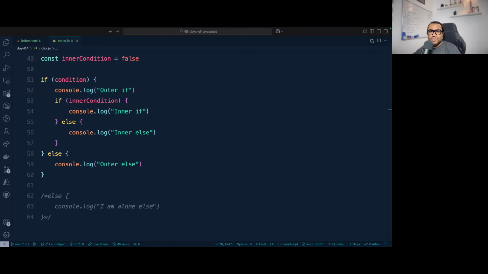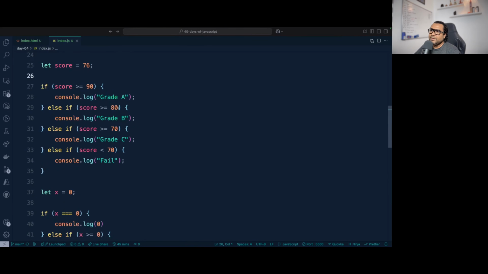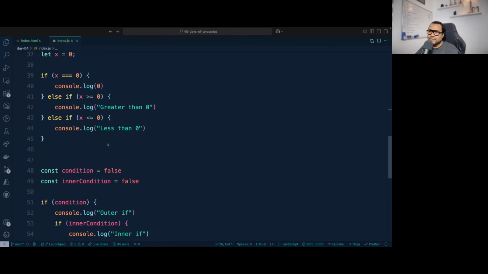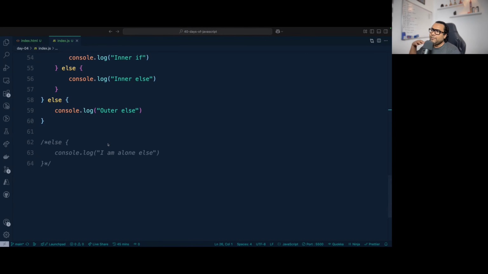So with if else, we now understand how to tackle conditions with control flow. Based on the condition that is provided, we can go to if or else. But when there are multiple such conditions, as in this example and that other example, and the conditions really grow, like you have 10 or 12 conditions, then if else might not be the right choice for you.